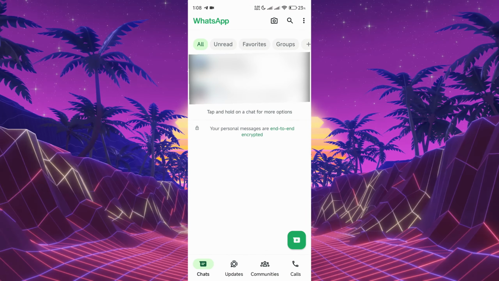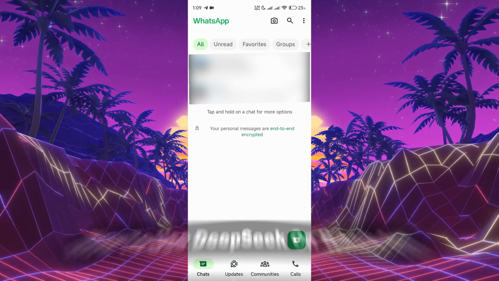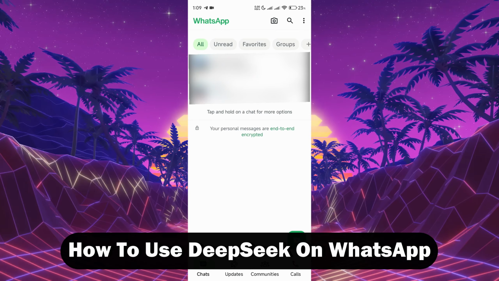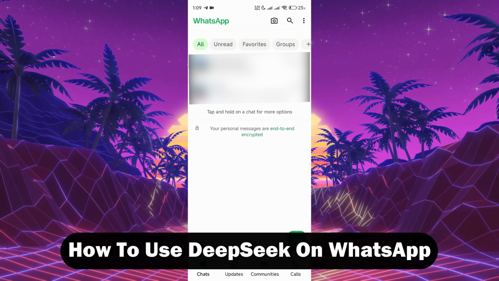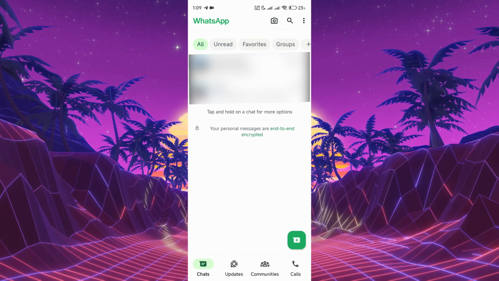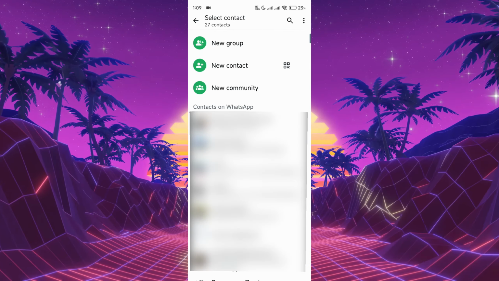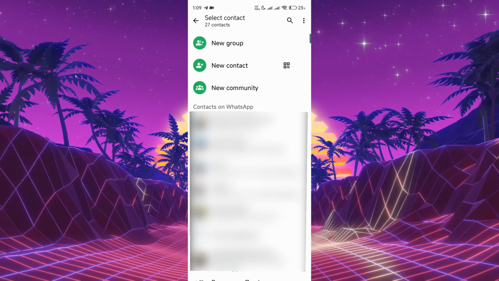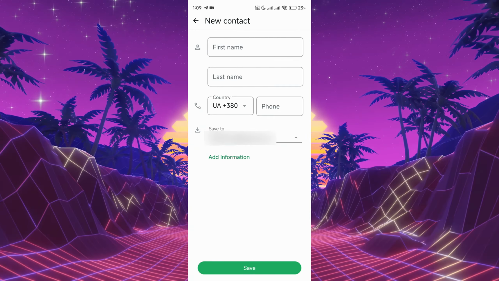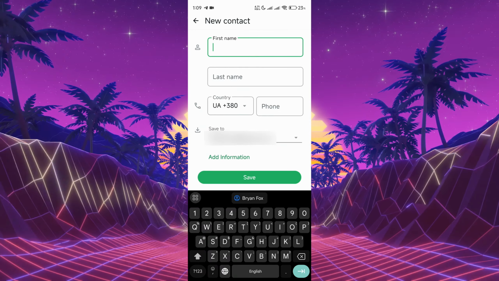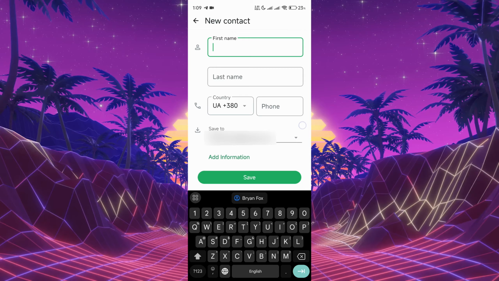In this video, I will show you how to set up and use DeepSeek on WhatsApp. So firstly, guys, click on this green plus icon to open up a new chat. After that, click on New Contact. In here, you just need to type in the first name DeepSeek. Let me do that along with you,